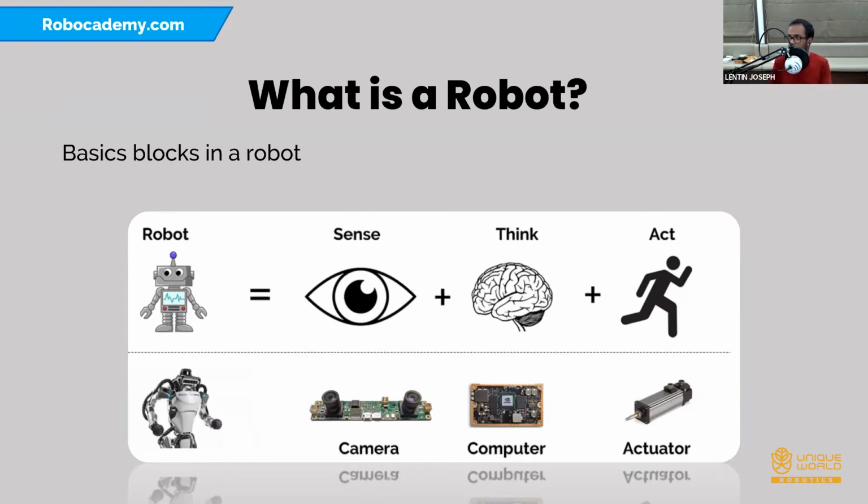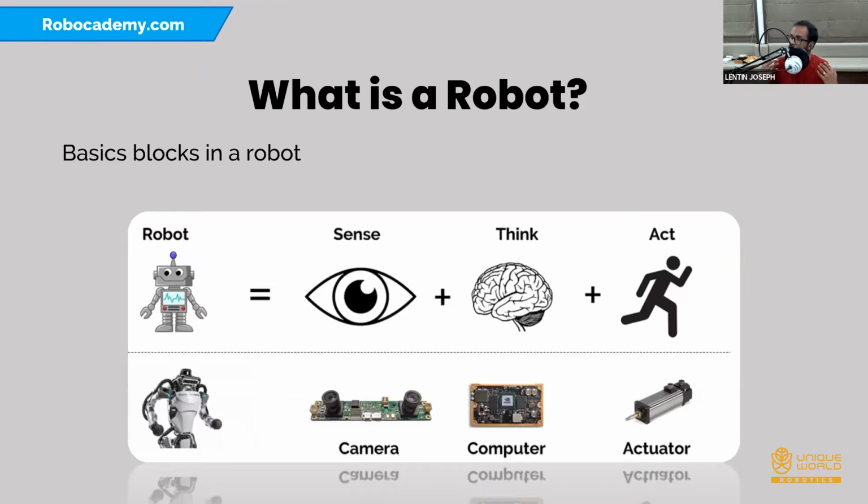So what about robots? In robots also there are many sensors. One of the sensors is the camera. But when you compare a camera with the human eye, it is a very basic form of the human eye. We have a very advanced sensor in humans.